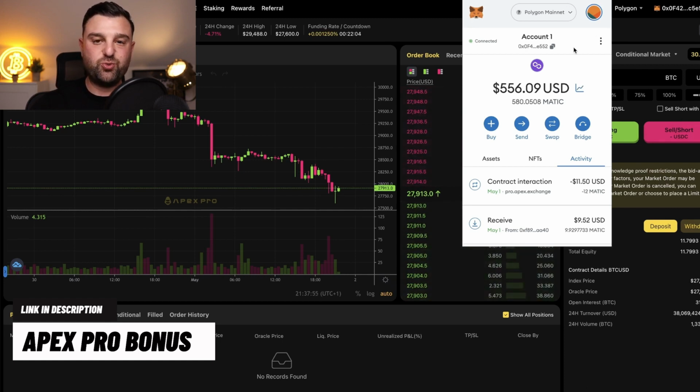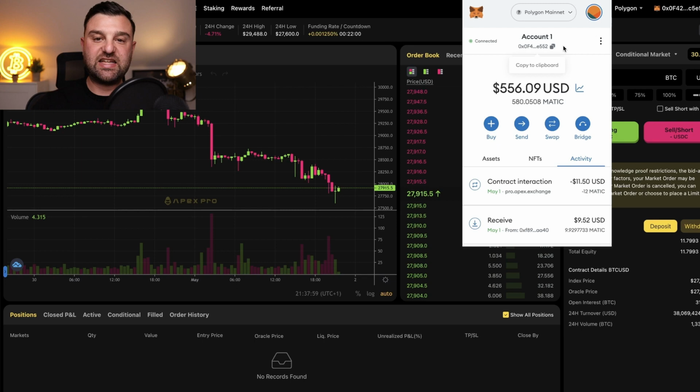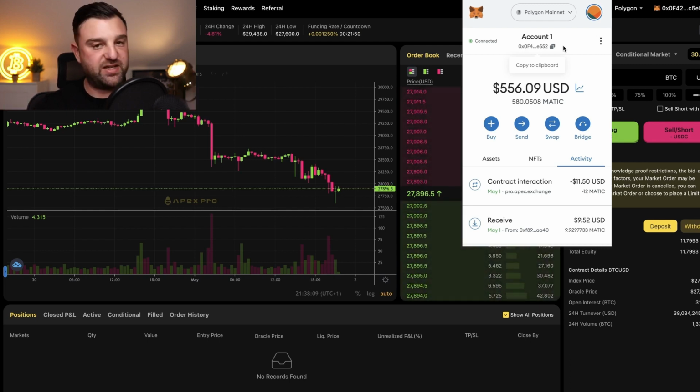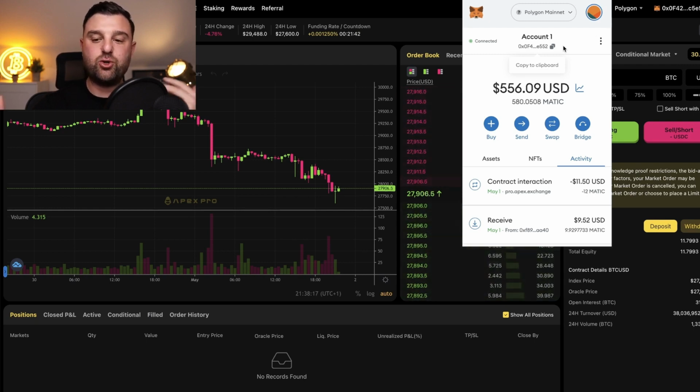If I wanted to put funds into this, I could simply copy my wallet address and send Matic from another wallet. If you didn't have Matic, you could go on to any centralized crypto exchange or hard wallet, depending on wherever you have your crypto. You can buy crypto from many different places, as you know, and you can send it to your MetaMask wallet. Doesn't have to be in Polygon or Ethereum. It could be USDT, and then you could swap it through MetaMask and then obviously use it to trade on